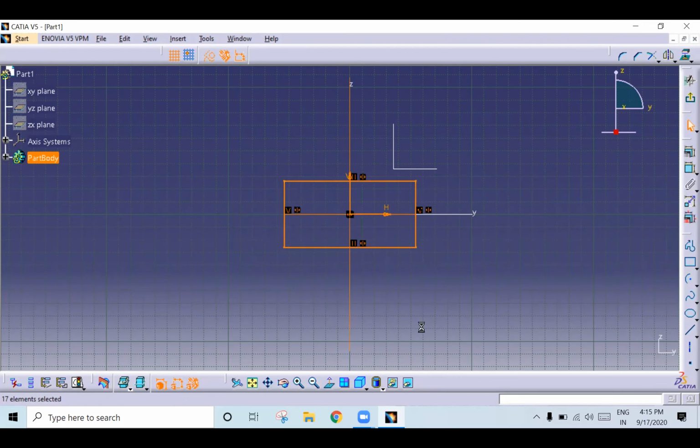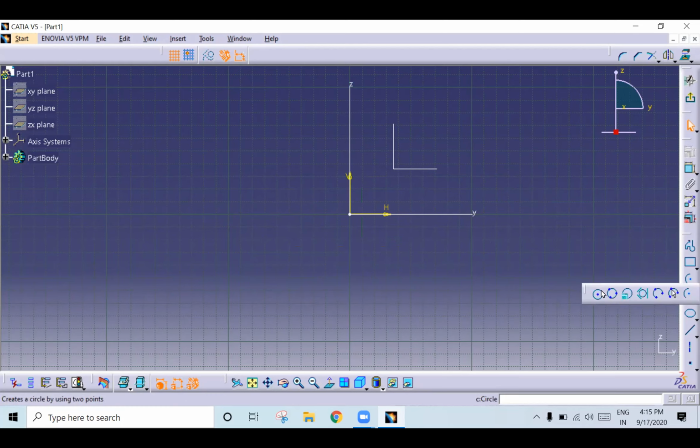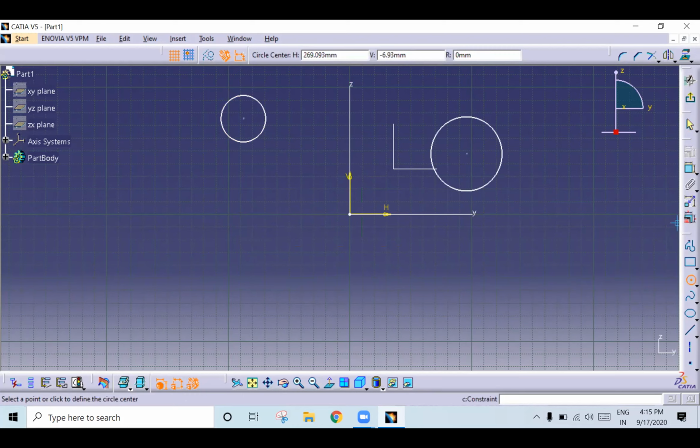Okay, fine. You can make symmetry not only with lines but also with circles, points, and lines. Suppose you want to make these two center points symmetric, select this and this, right click, Allow Symmetry, vertical axis.